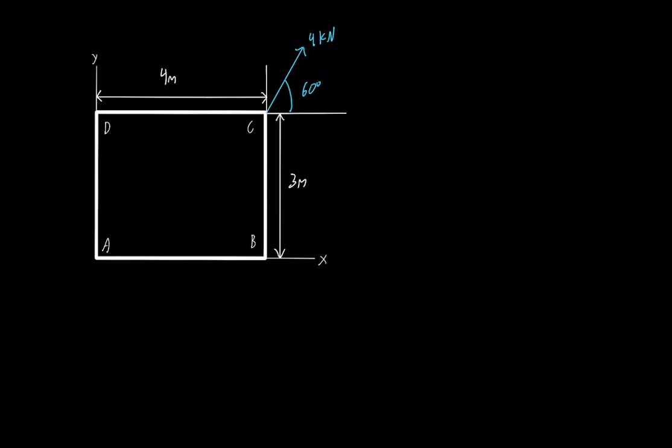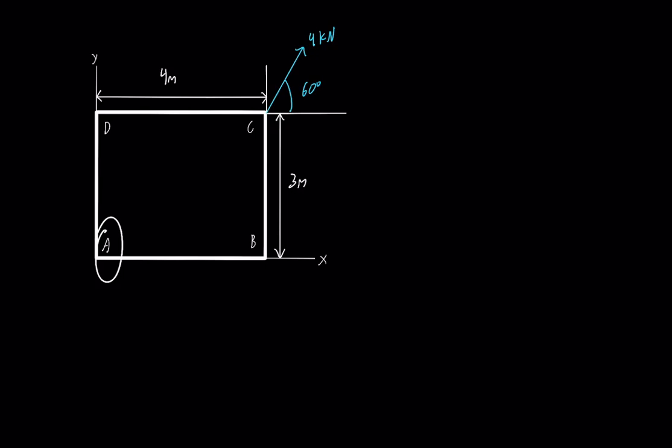So in this video, we'll be finding the moment about point A. And in this video, we're going to go over two methods. The first one is going to require deducing unknown line segments, as well as extending the line of action, which is the 4 kilonewton force being pulled 60